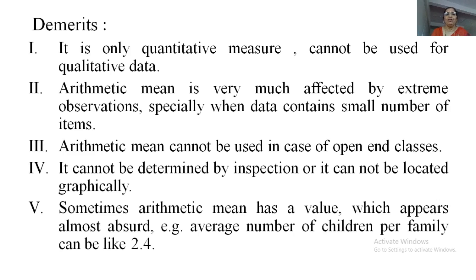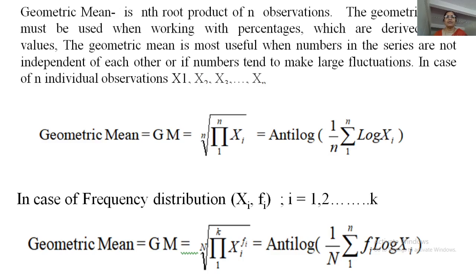For example, if I have data of this type, say number of children in a house. Suppose I have 50 families and observations are 0, 1, 4, 2, 1, 0, 2, 3, 1 like this. If I compute arithmetic mean, and suppose it comes out to be 2.4, so 2.4 you cannot interpret like this, that there are 2.4 children in a family on an average. So 2.4 is something odd for us to say as the number of children in a family. Therefore, this is again one of the demerits of arithmetic mean.